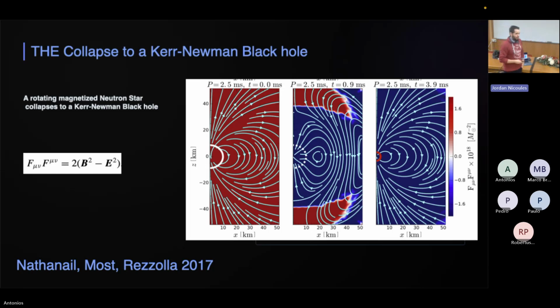What's the charge to mass ratio? I don't remember. I haven't seen this study for years, but I would say 0.1 or 0.01 or something like this. It's very small, but it was just a proof of concept that we can have a neutron star collapse to a black hole and have a charge. Okay, but